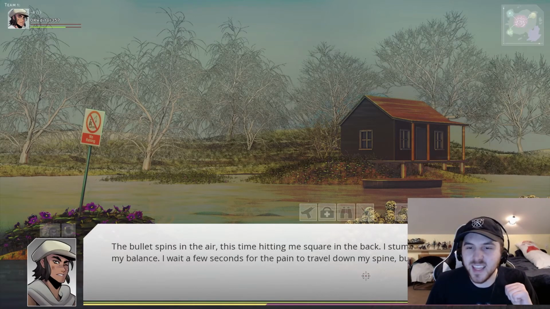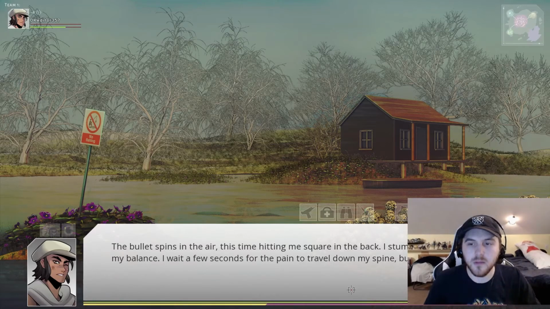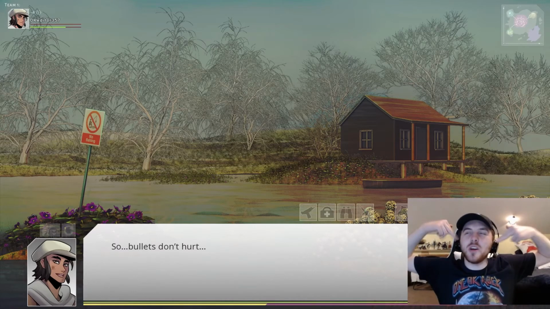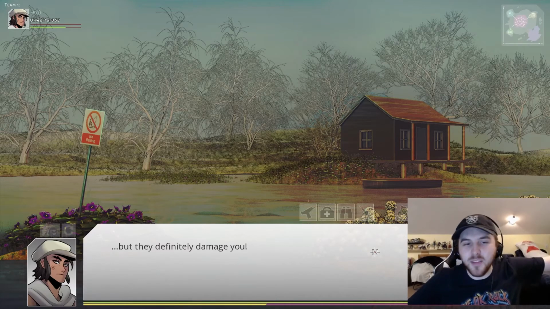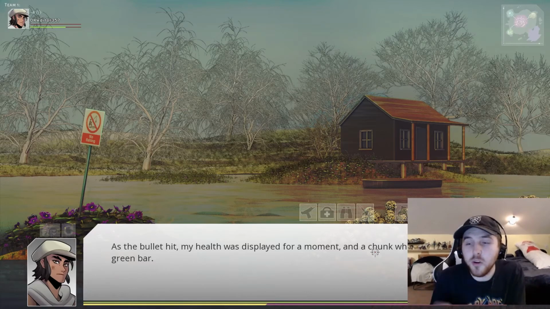The bullet spins in the air, this time hitting me square in the back. I stumble without losing my balance. I wait a few seconds for the pain to travel down my spine, but I don't feel any. Like, at all. So, bullets don't hurt. In that case, we're gonna Persona 3 it up in here. But they definitely damage you. As the bullet hit, my health was displayed for a moment, and a chunk whittled off of the full green